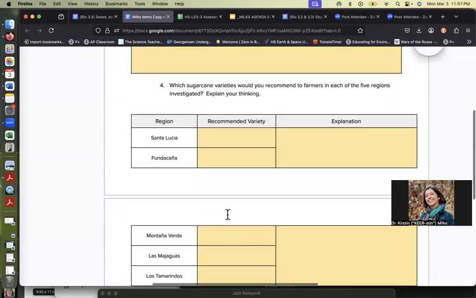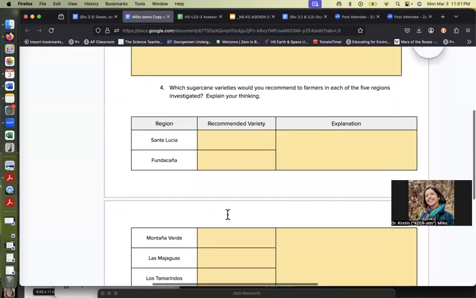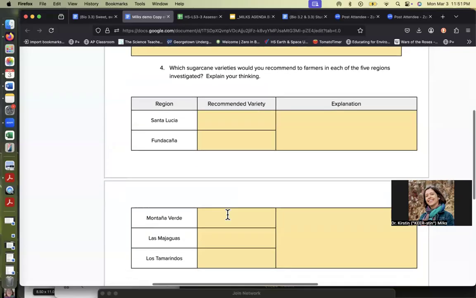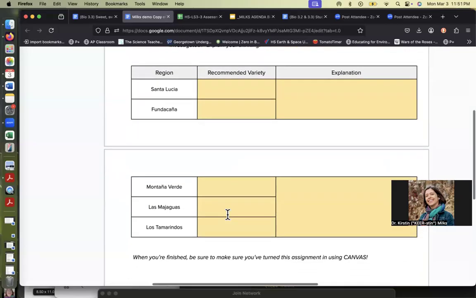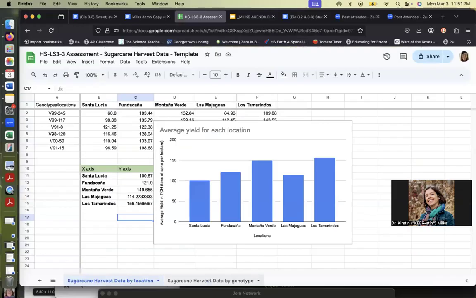Now, the last thing you're going to answer is recommending varieties to farmers in each of the 5 regions. So now what we're going to do is make a graph where we organize things by the variety and see which variety grows the best in different places. And so to do that, I think what I'm probably going to do is, when you come into this document,